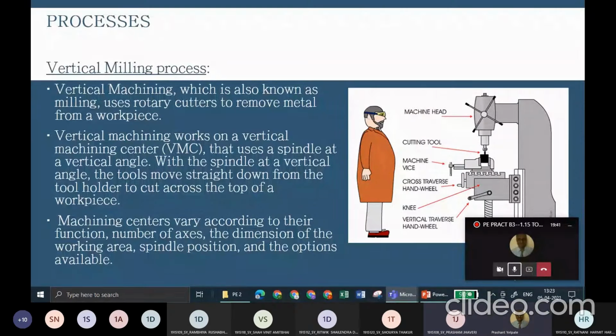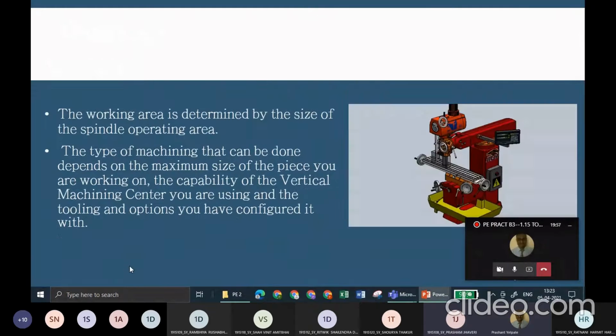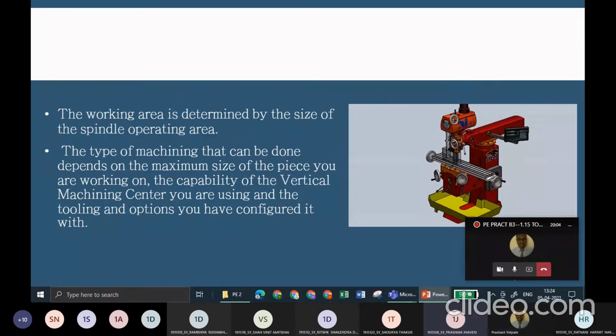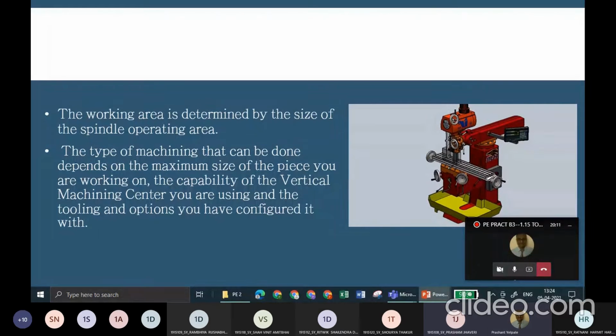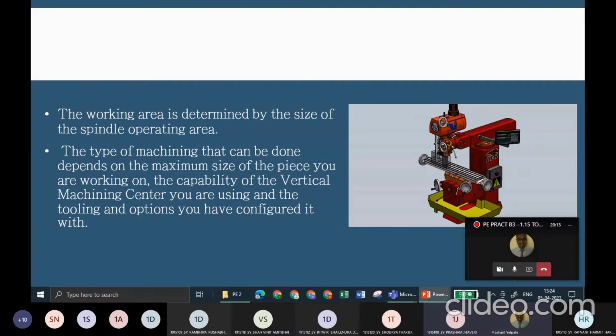Once we set our workpiece on the machine vise and clamp it appropriately, we then need to mark the center and we can start the machining. In the vertical milling machine, we have to do it manually, so sometimes the accuracy can go a little bit off. Hence the advancement was made towards the CNC milling machine.